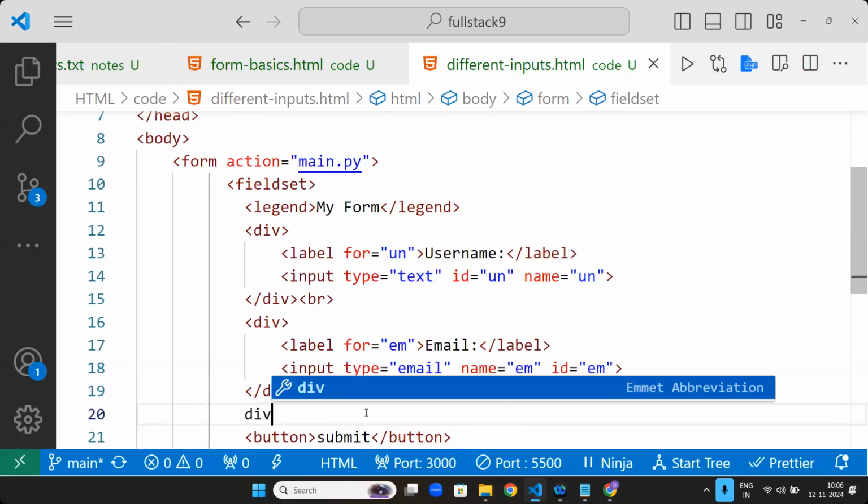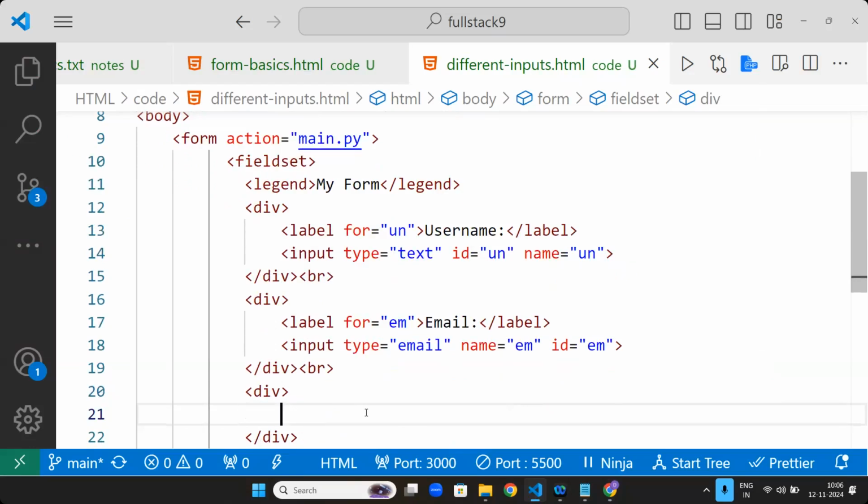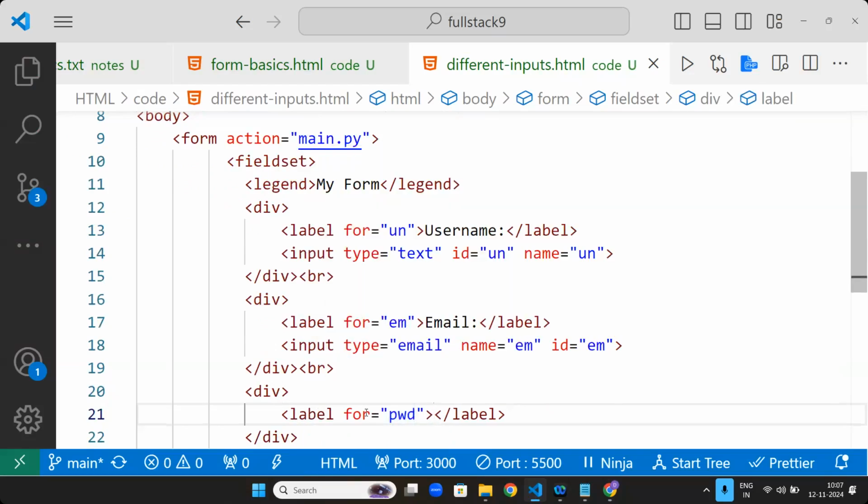Now div, next div. Label, PWD. Let's give password.